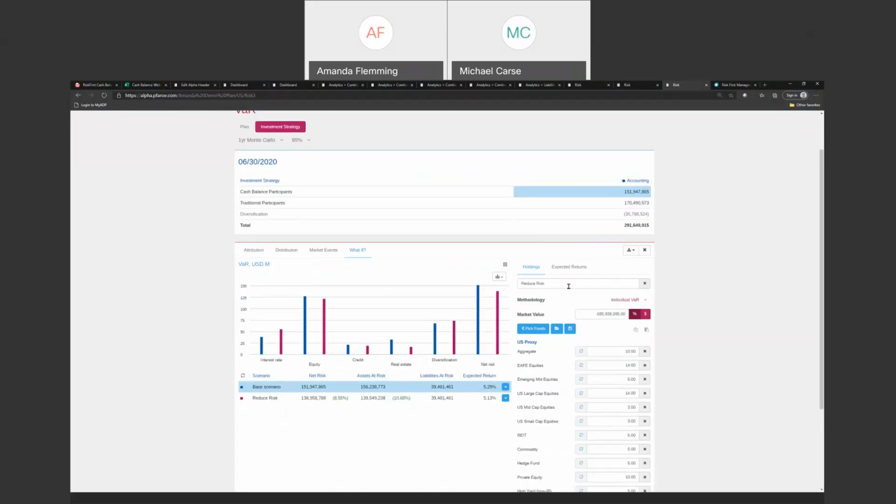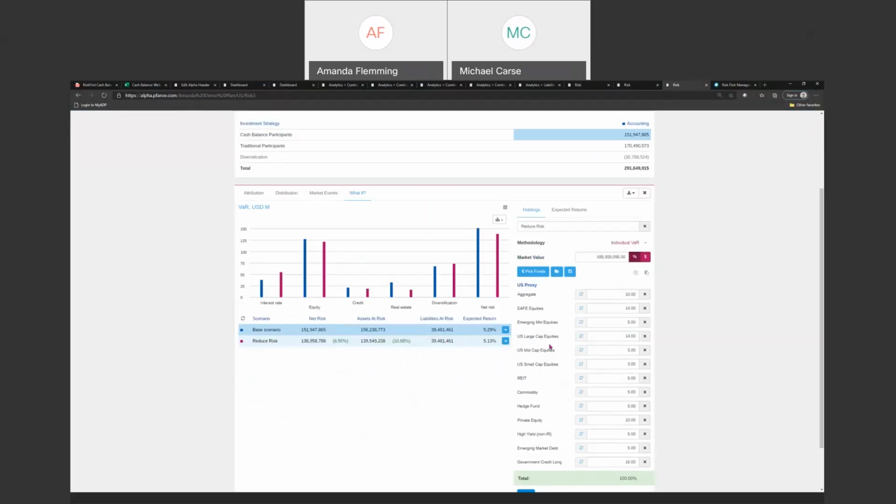You can adjust the asset allocations. Here I just selected the cash balance participants, but you could of course do this at the total plan level or at the traditional plan level as well. I did add another allocation down here where I just reduced some of the exposures to the risky assets and